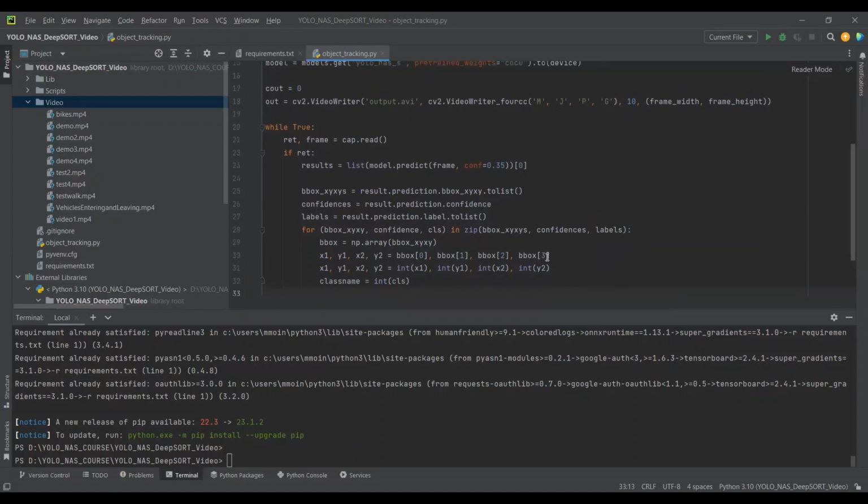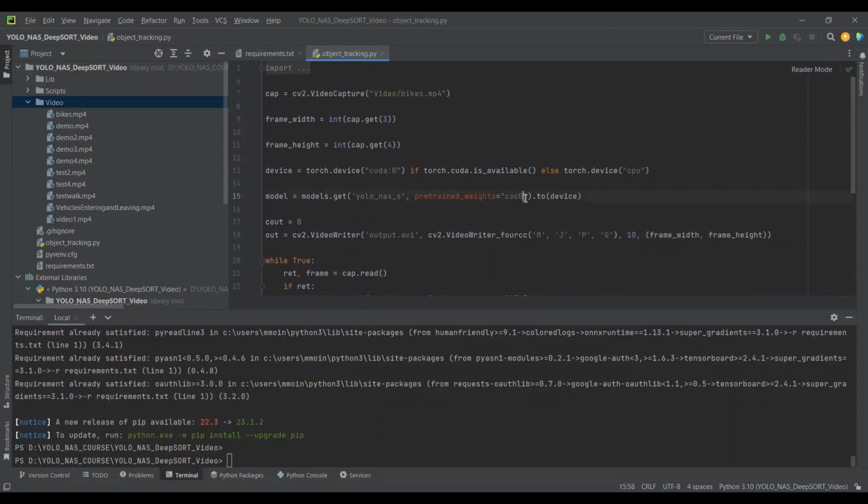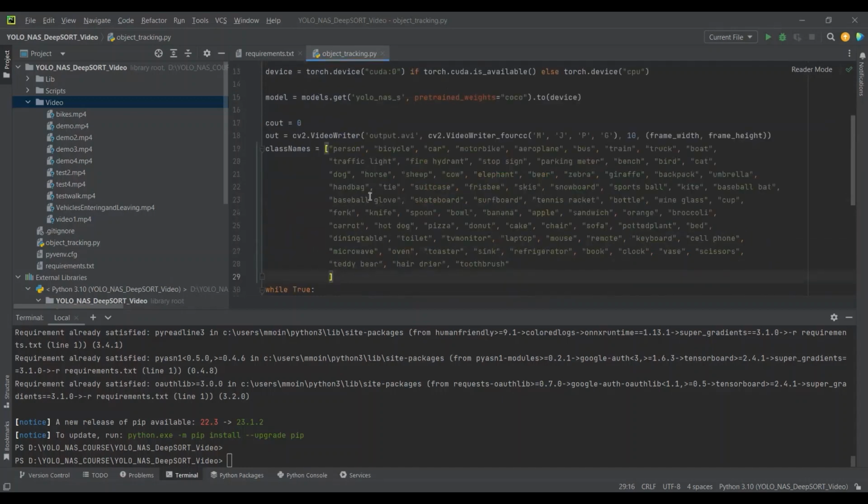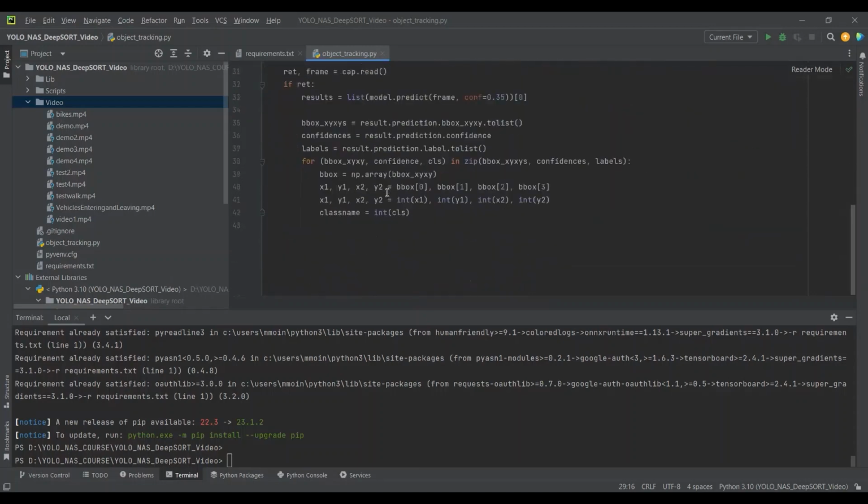So basically, we are using the pre-trained weights of Coco dataset over here. So Coco dataset consists of 80 different classes. So I will just add the class names over here. So let me just copy the class names. Okay, so these are the 80 different classes which we have in the Coco dataset. So I've just added those class names all over here. And next thing which we can do over here is name is equal to